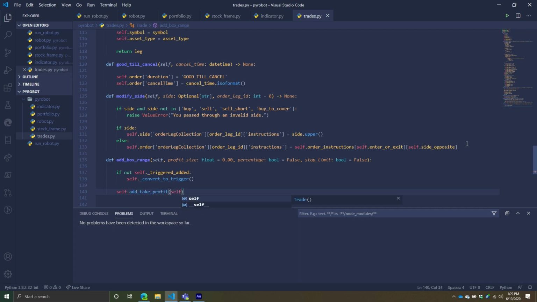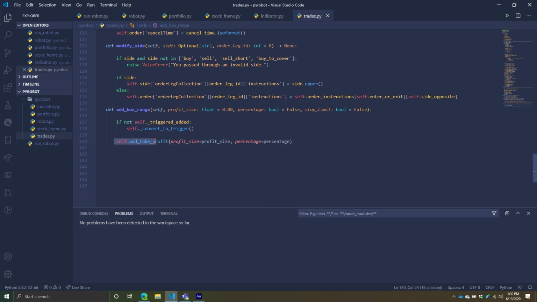And then this will be the profit size. And then this will be a profit size, and then it will be the percentage, and the percentage. So really what we're going to be doing here is basically defining these three different methods. It's kind of just breaking it all down, so we're not having to do it all in one particular method. And then ideally we can use this logic at different points. So we're going to add a take profit, and then we're going to have if not